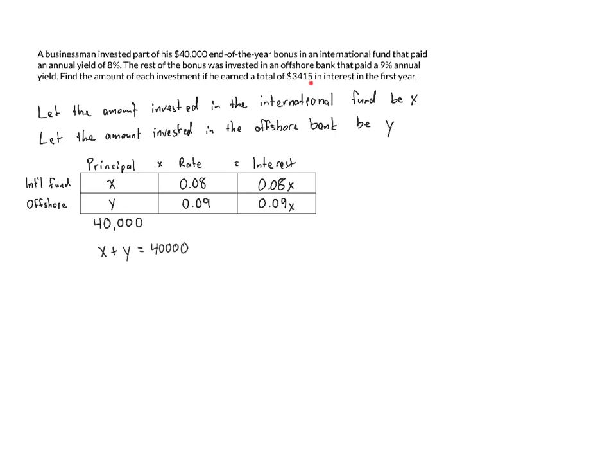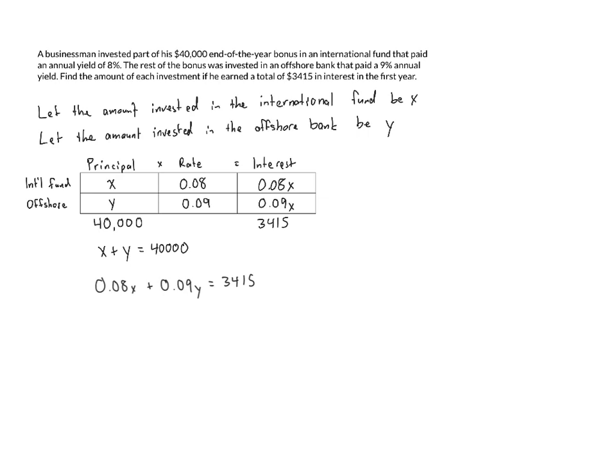And the $3,415 is going to be a part of the second equation. This represents the total amount of interest, so we're going to put that at the bottom of the interest column, 3,415. And we know that the interest from the first account plus the interest from the second account gives us our total interest. So the second equation is going to be 0.08x plus 0.09y equals